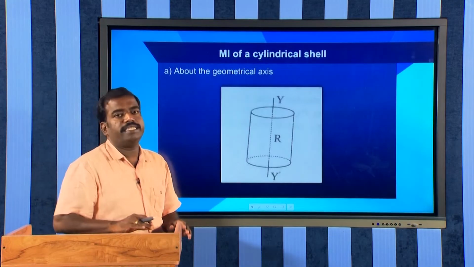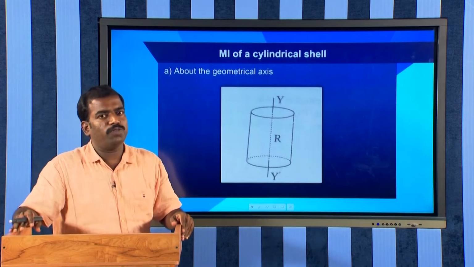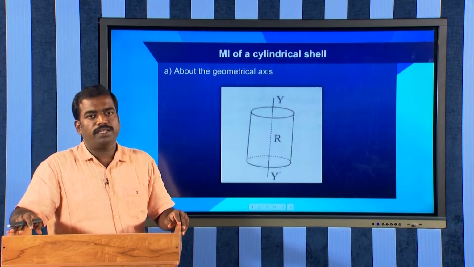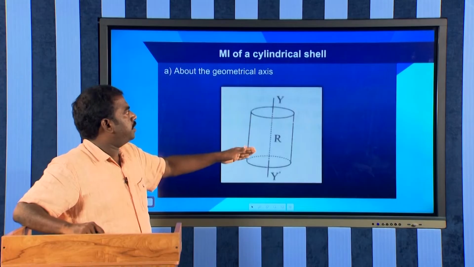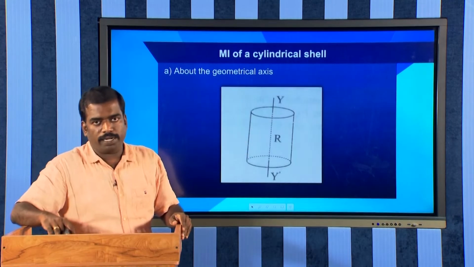Before going to sphere, we need to learn another shape, which is the cylindrical shell. So we learned the moment of inertia of a solid cylinder. Here we need to consider the moment of inertia of a cylindrical shell. So it is nothing but a hollow cylinder. Here also we are using the same steps that we have done in the previous case. First, we need to find out the moment of inertia of the cylindrical shell about its geometrical axis,